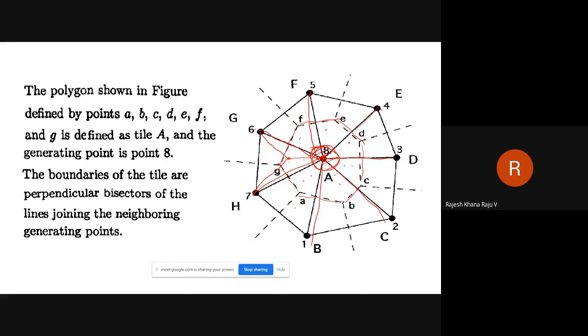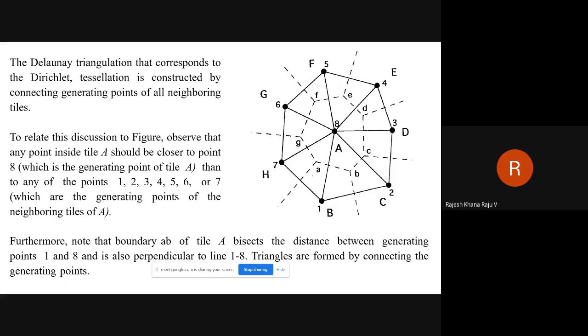Now, once we get those tiles, so once those grid points are there and once we have created those tiles with the help of neighboring grid points, then the whole domain is occupied by a number of tiles. To relate this discussion to this particular figure, observe any point inside the tile A, for which the generating point is 8 and the edges are a, b, c, d, e, f, g in small case letters.